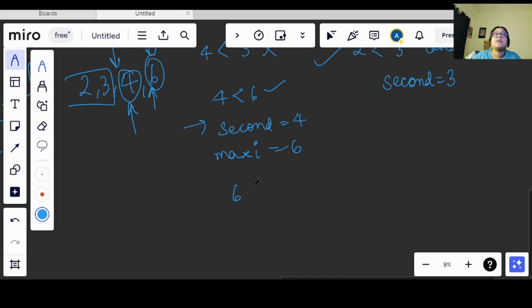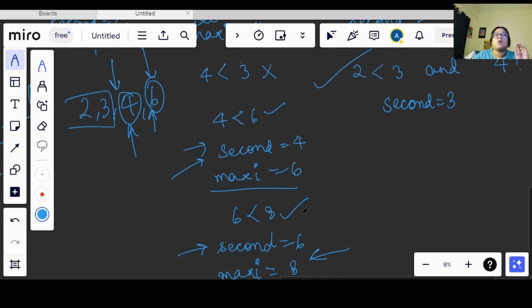So I will check if this 6 is lesser than 8 or not. It is true. So what will happen? Again my second will get updated, right? Second will become 6. The previous value for maxi was 6, so it will get updated to 6 and my maxi will become 8, right? So this is what we have to do, okay?